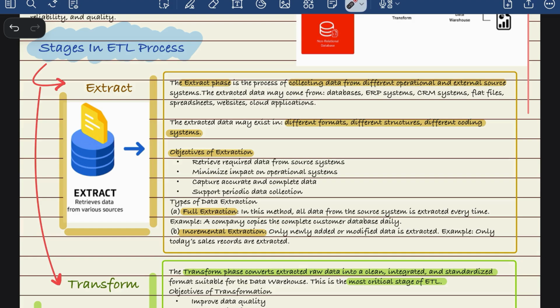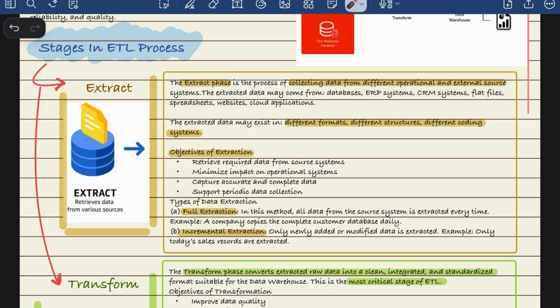That is why we have another type of data extraction technique, that is incremental extraction. What is happening, we are only capturing the new, added or modified data. So there were 15 lakh records till yesterday, today there were 2 lakhs. So we will only upload the 2 lakh records which were added today. So this is the incremental extraction. It is like just today's fresh sales receipts, right? So this is a very fast method and it requires smart tracking tools as well.